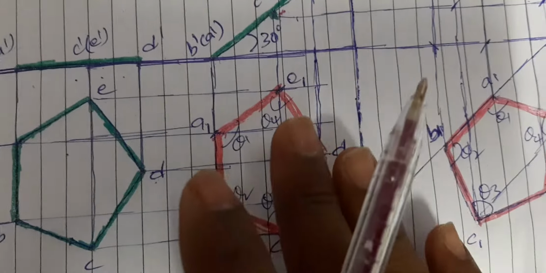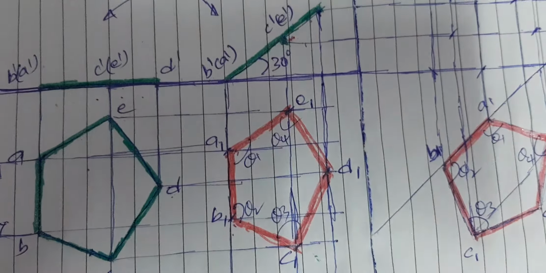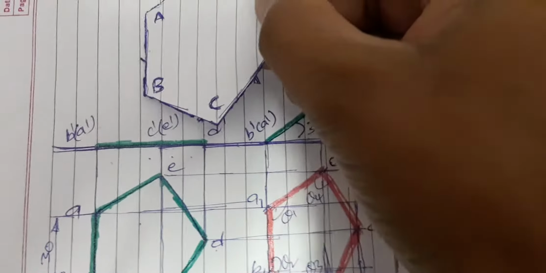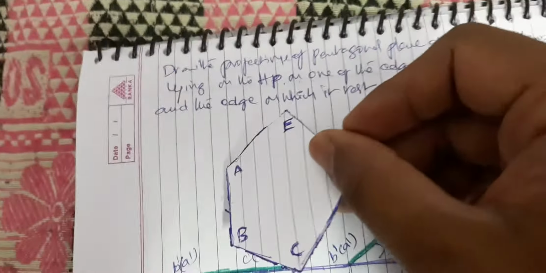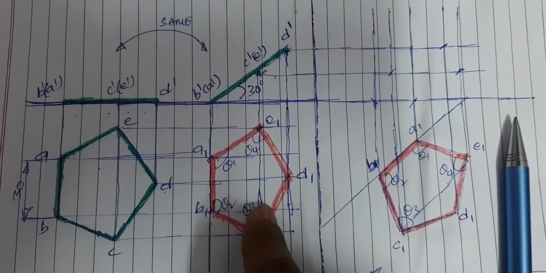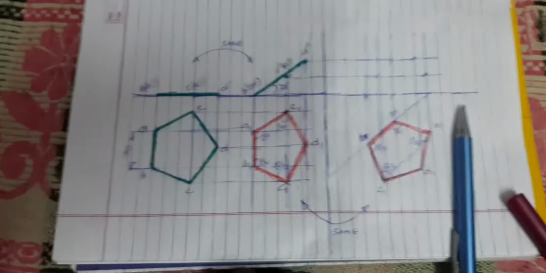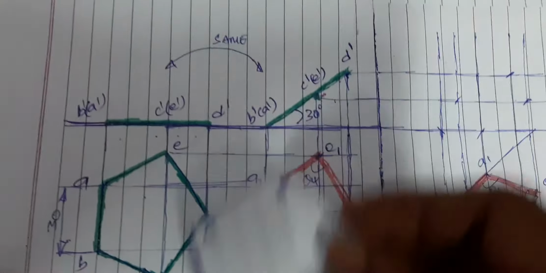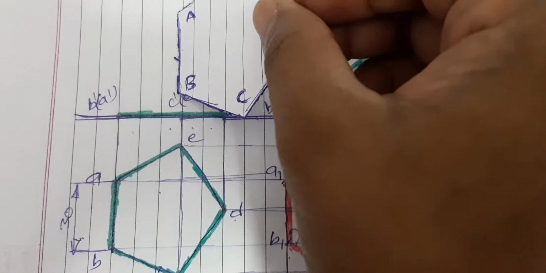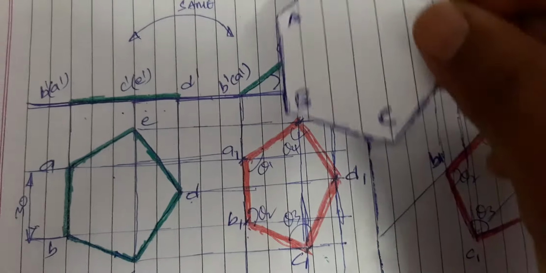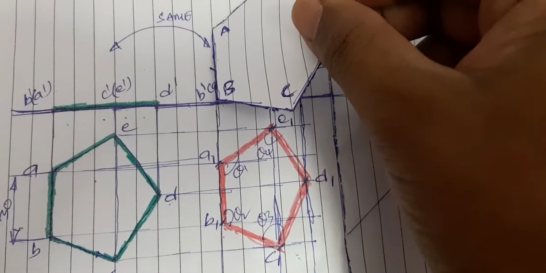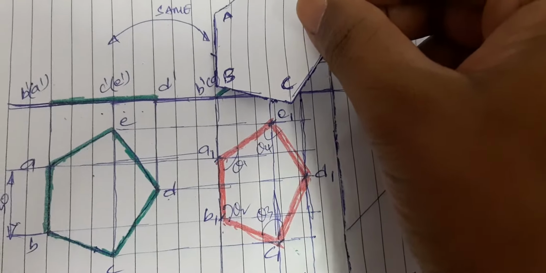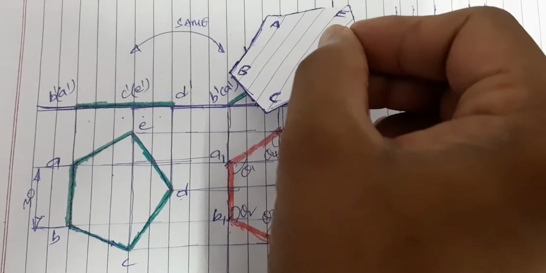So now I'm saying that this is the top view of the plane when it is placed like this. When the plane is placed on the ground or horizontal plane like this, when it is viewed from top side, we are going to get the top view like this. Got it? So listen carefully. This is the top view when the plane is placed like this, and it is also equal to the top view of the plane when the plane is placed like this.